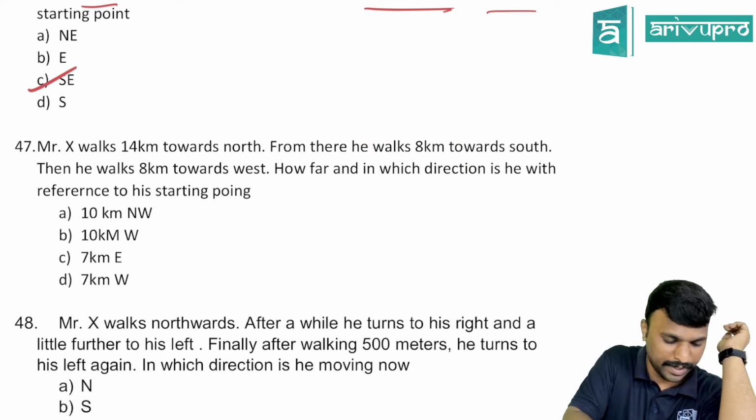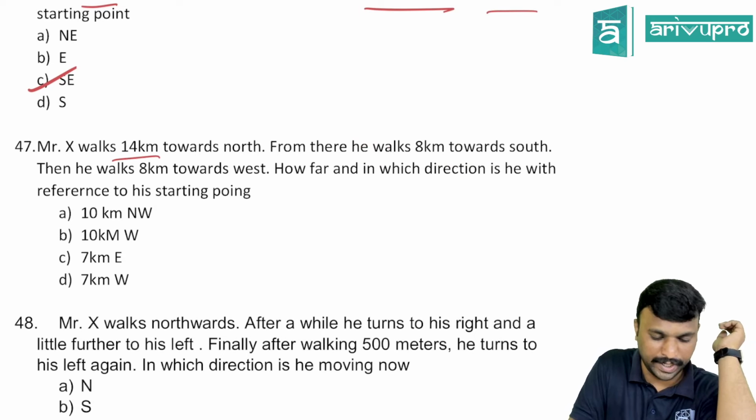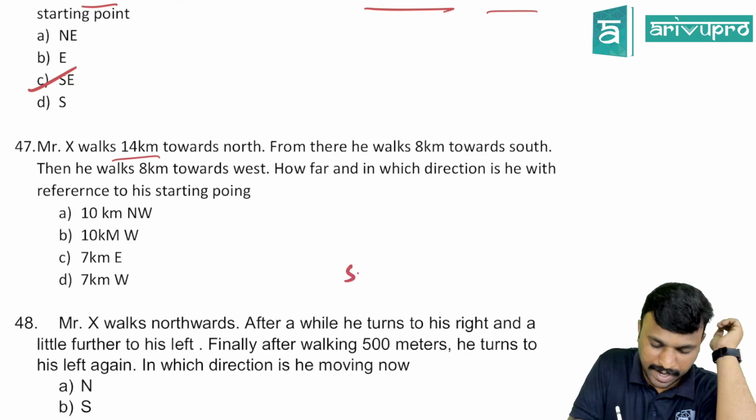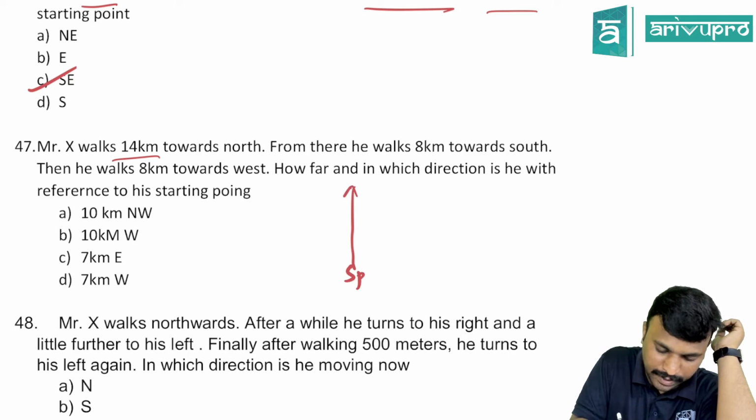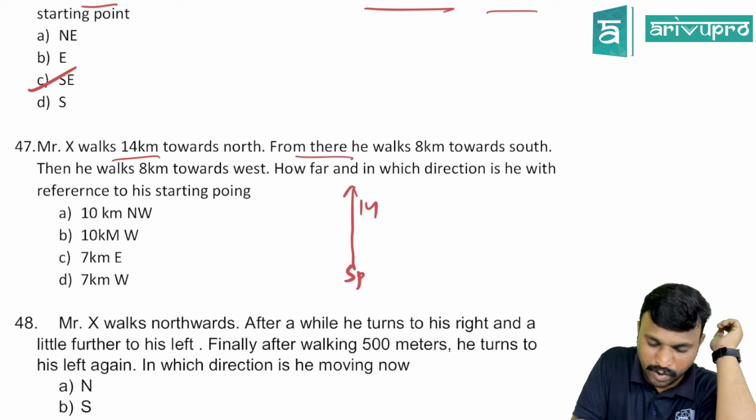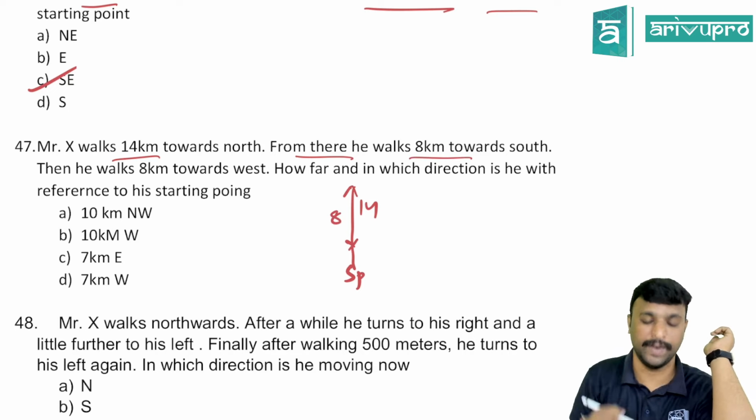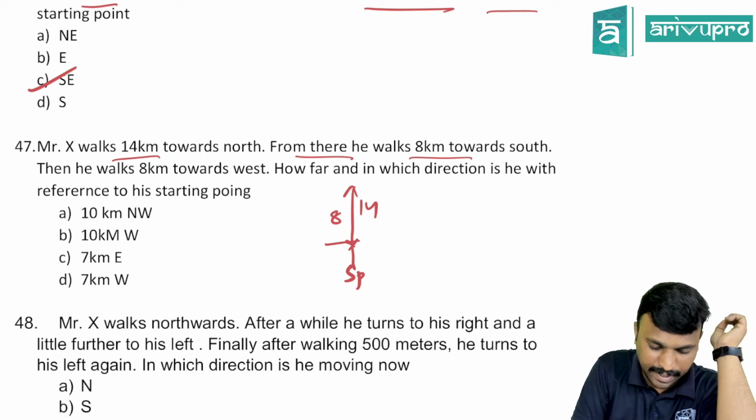The question is, Mr. X walks 14 kilometers towards north. From the starting point, 14 kilometers north. Then from there he walked 8 kilometers towards south. So 8 kilometers towards south, that means downwards. All right. And then